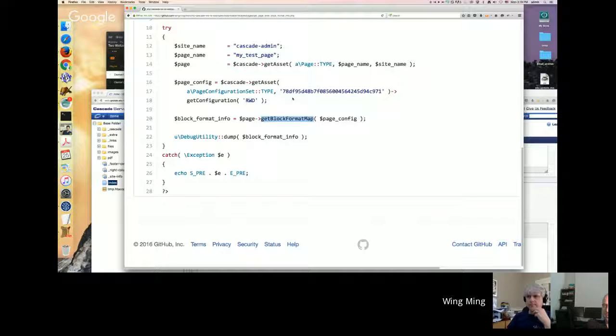This method returns an array telling you what blocks, what formats are attached to what region at the page level. Now, I have to emphasize one thing. I'm talking about page level blocks and formats only. If you want to find out what blocks and formats are attached to pages at the config level or at the template level, this method won't work. It only works for page level blocks and formats. And that's the thing we need to worry about when we switch content type. So you can use this to grab the information,